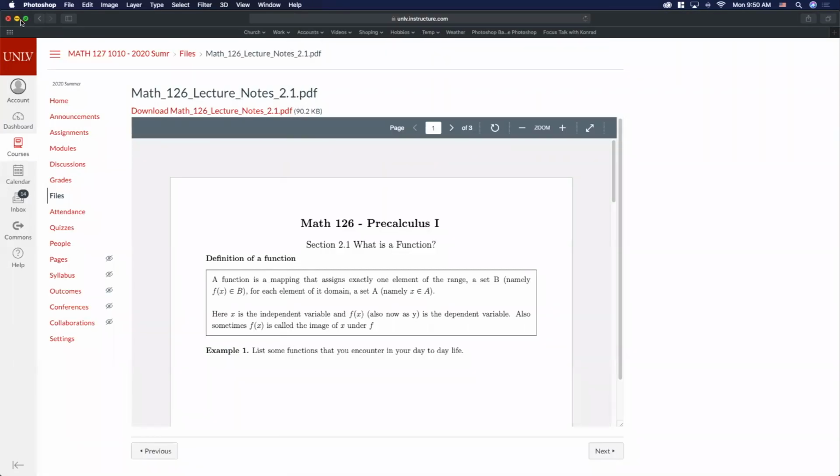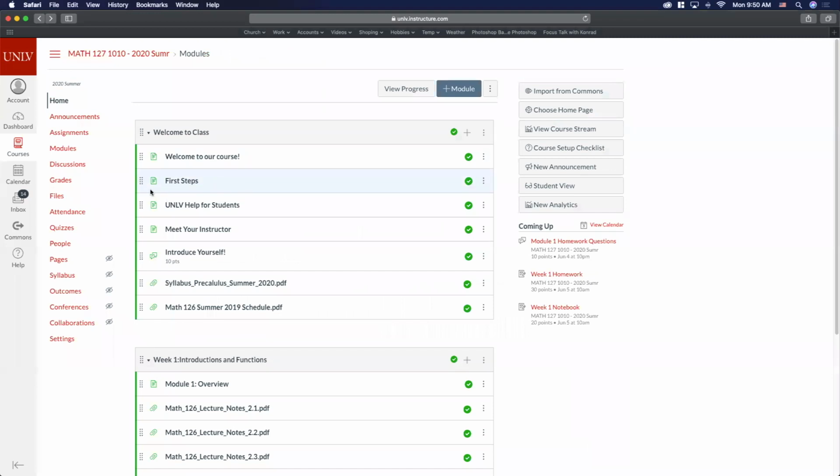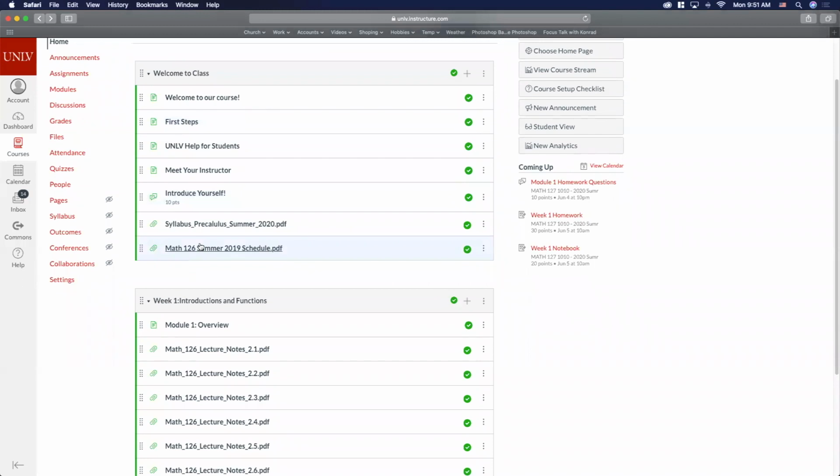So you'll have two options. One, what most students tend to do is they'll have a printer. They'll just print them out, and then you can just, as long as you're on a smartphone,